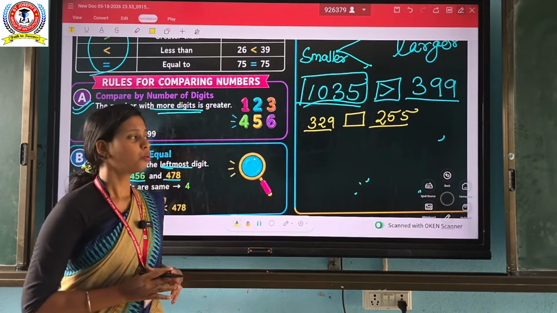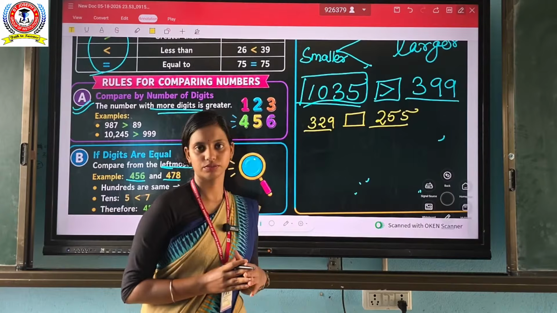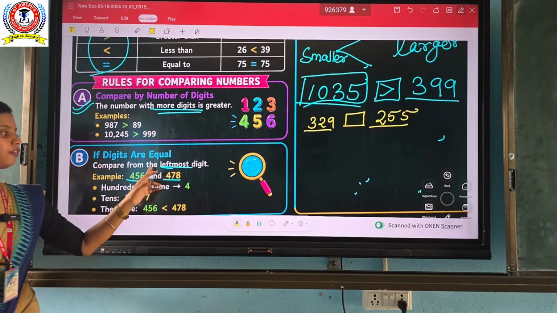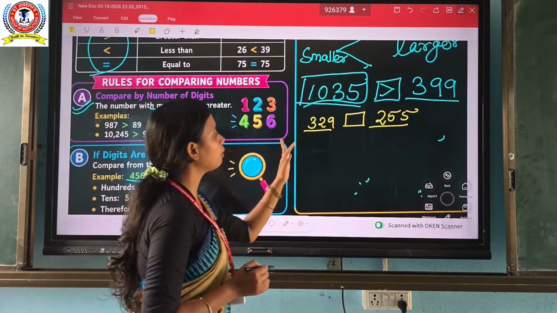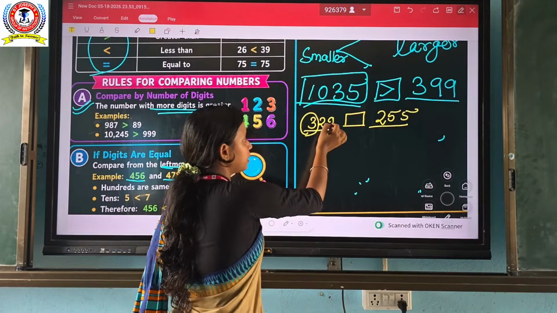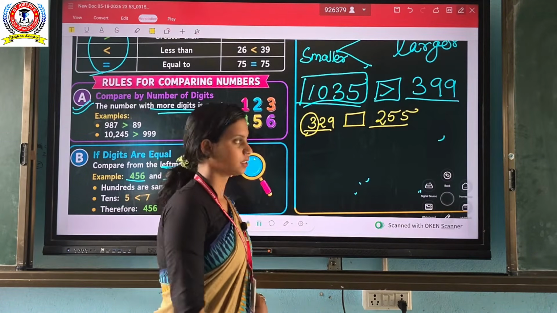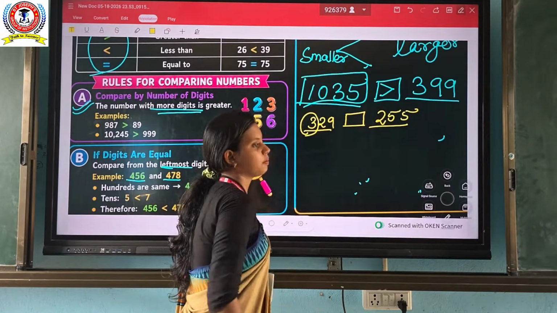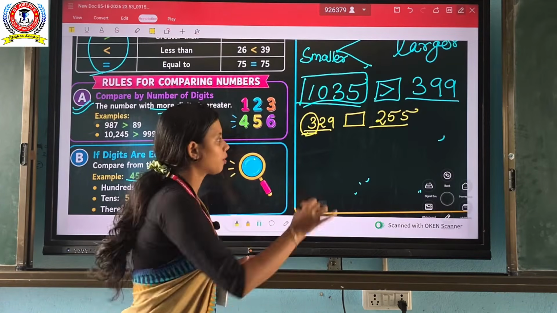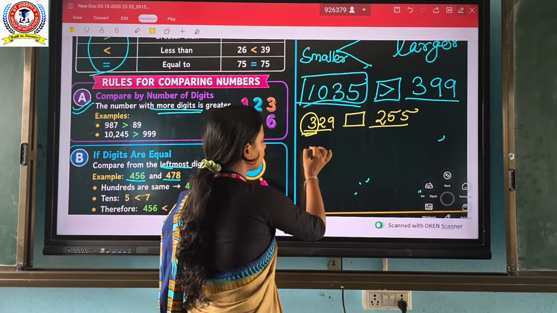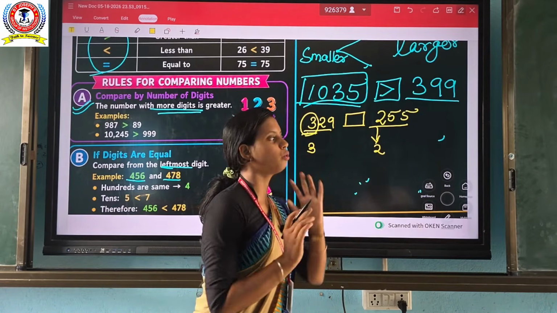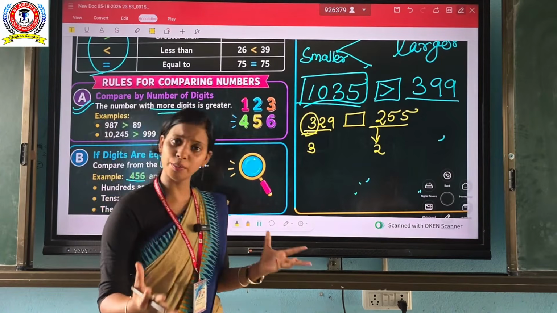How can we know which one is greater and which one is smaller? As rule B says, compare from the leftmost digit, meaning we compare from the left side. This is the ones place, tens place, and hundreds place. We have to compare these numbers from the leftmost digit, from the hundreds place. Here in the hundreds place we have 3, and in this number in the hundreds place we have 2. So 3 and 2, which one is greater? Obviously 3 is greater than